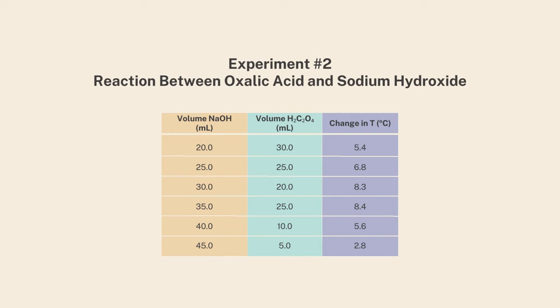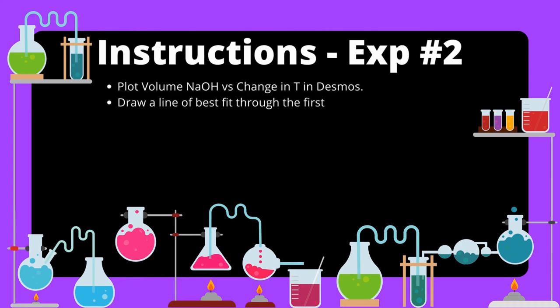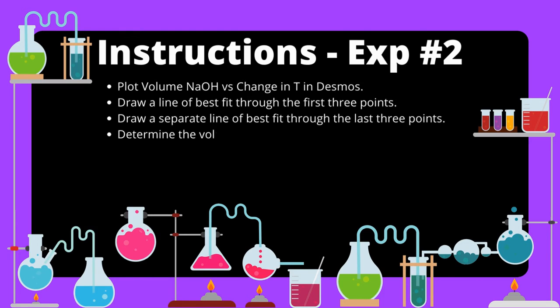Here's the data for experiment 2. And again, you can pause the screen here to copy this down if you need to. With this data, you're going to plot the graph again, but this time I want you to do it in Desmos. You're going to again draw a line of best fit through the first 3 and then through the second 3 points. The point of intersection, just like the first time, is going to be the volume of NaOH